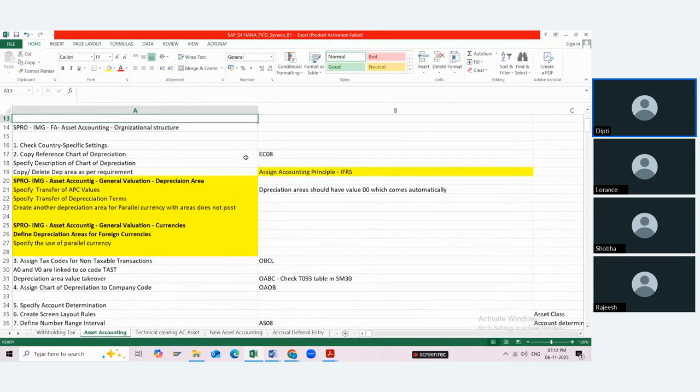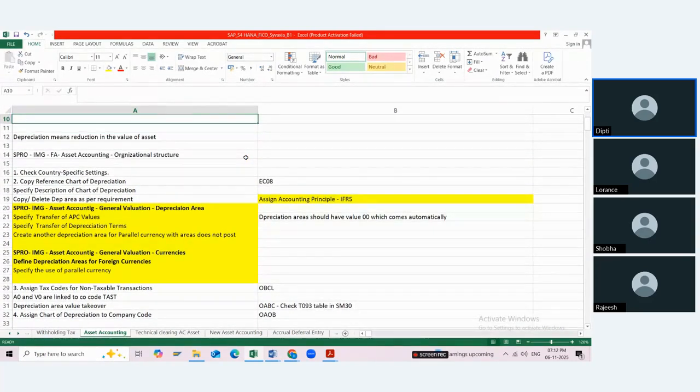SAP provides us with a standard country-specific setup, and we have to copy it. The next part of the depreciation-related setup is what we call the depreciation area. Depreciation area is nothing but different types of depreciation. It doesn't mean straight line or WDV; it means, for example, book depreciation, the books you represent under the Companies Act in India, and tax depreciation, the books you represent under the Income Tax Act.